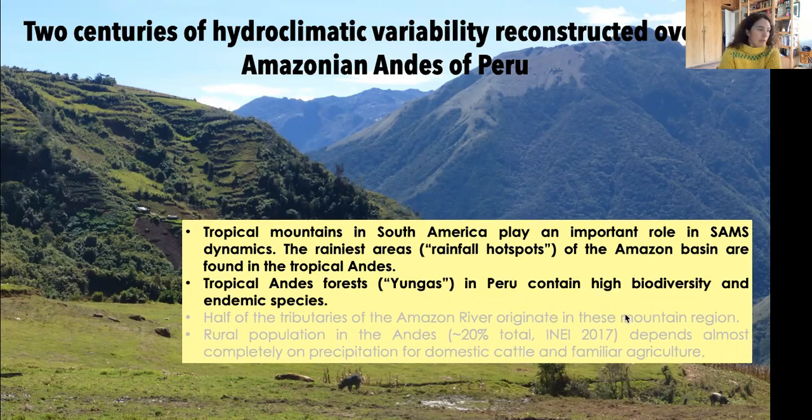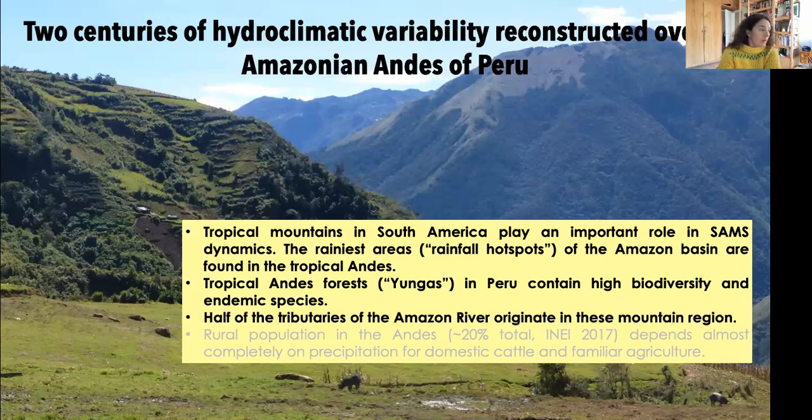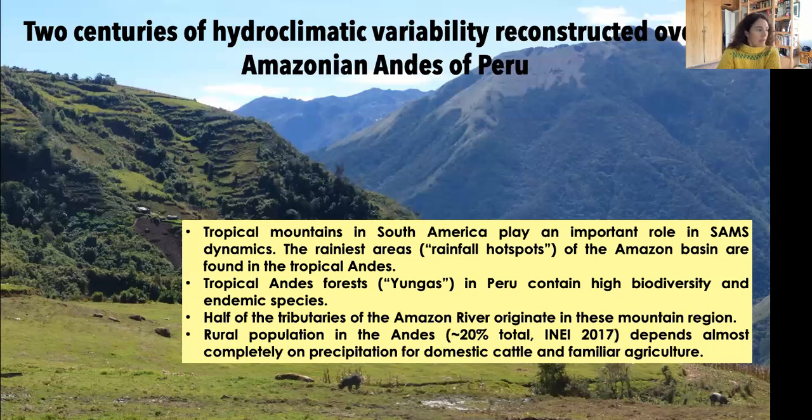Linked to that, these rainfall hotspots are home to enormous biodiversity and many endemic plant and animal species. Also, the headwaters of half of the tributary rivers of the Amazon River are in these tropical Andes. So it is important to know the precipitation variations to know the future trends in these tributary rivers that feed the Amazon River. And finally, the rural population in the Andes